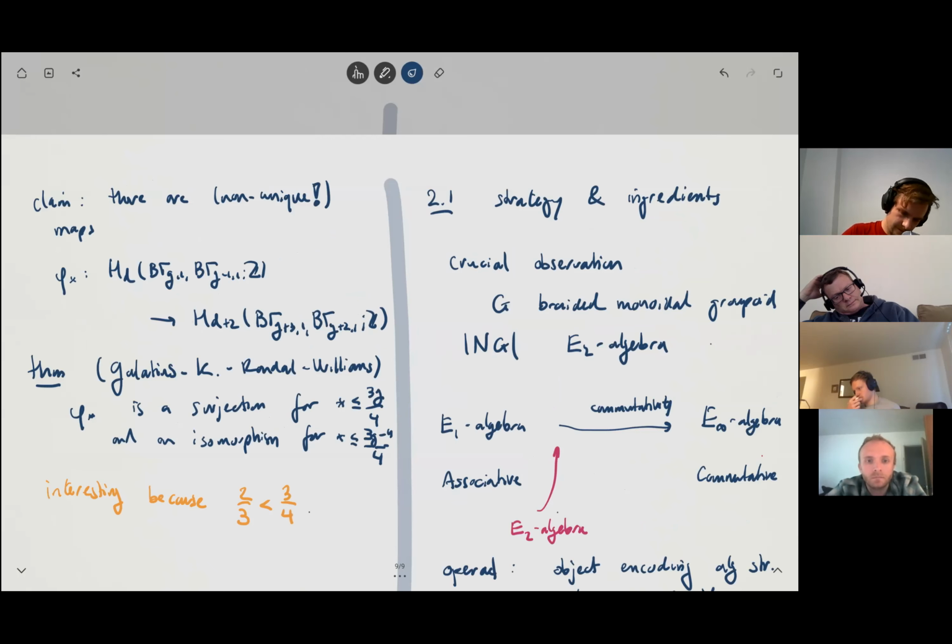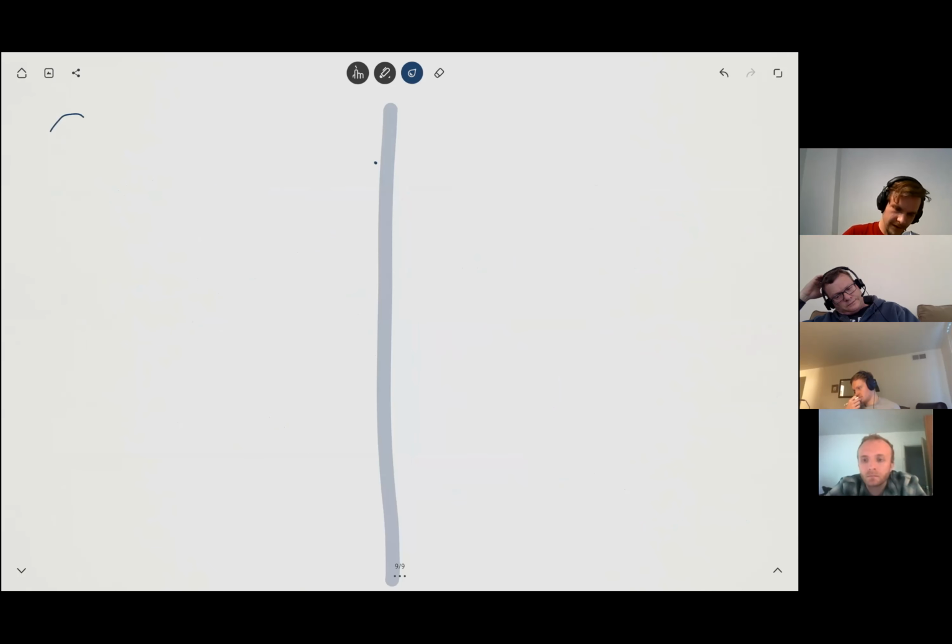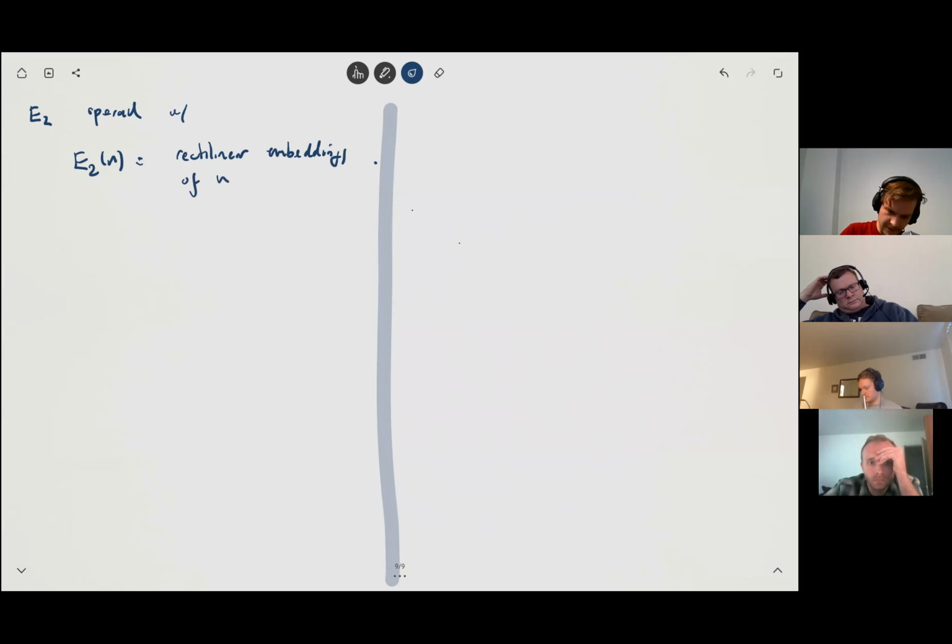So E2 is an operad whose space of n-ary operations is given by, let me say, rectilinear embeddings of n copies of D2 into D2 with disjoint image. So in other words,